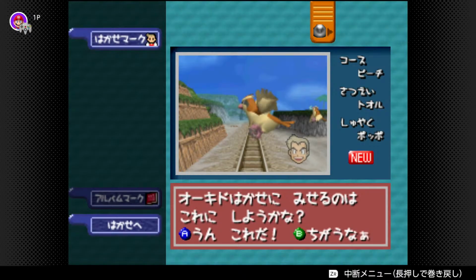And so the translation becomes: should we, as for what you show to Professor Oak, should we make it this one. And so it's asking if we want to choose this picture to show to Professor Oak, and we have these answers with the button